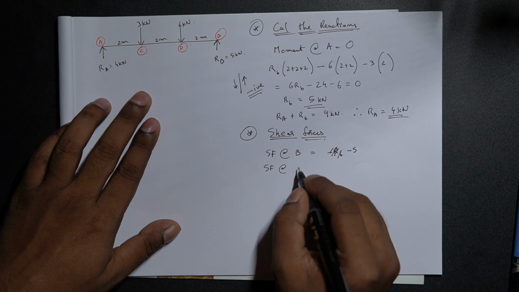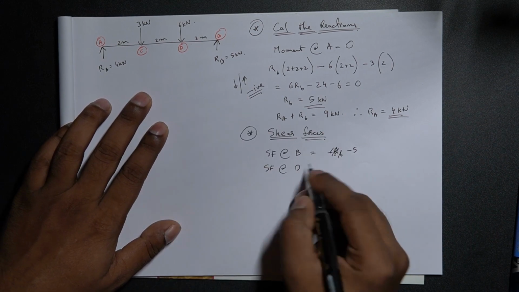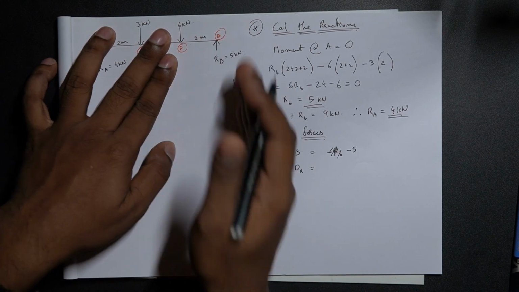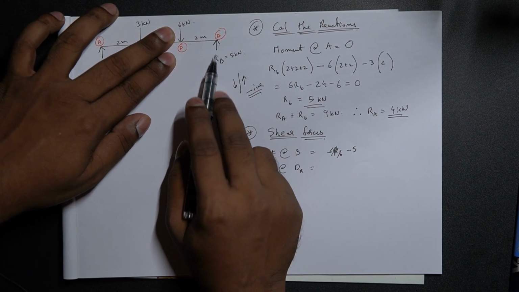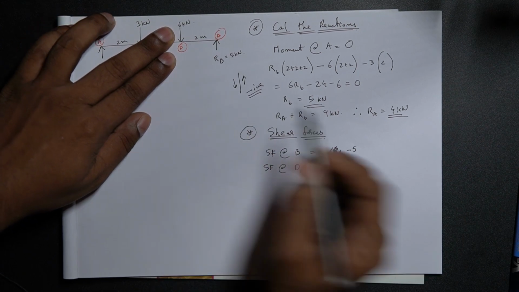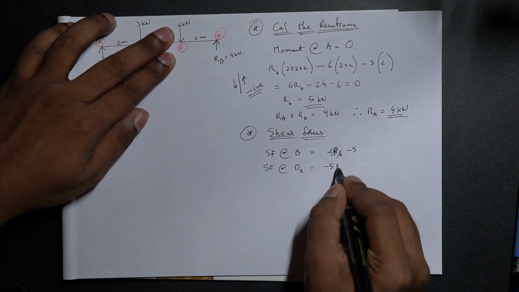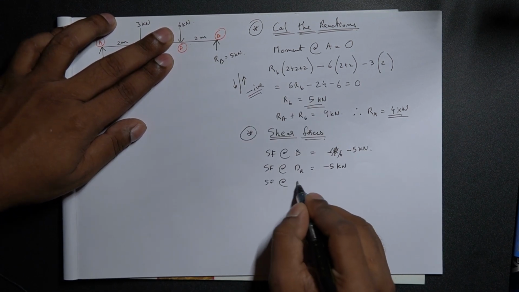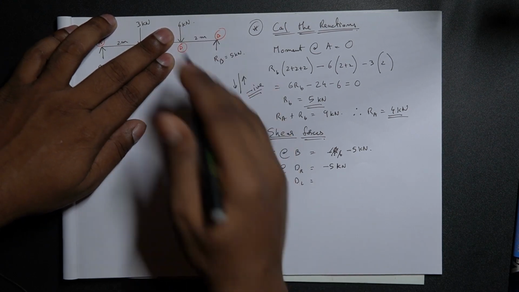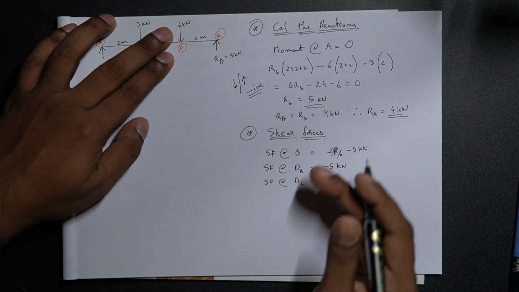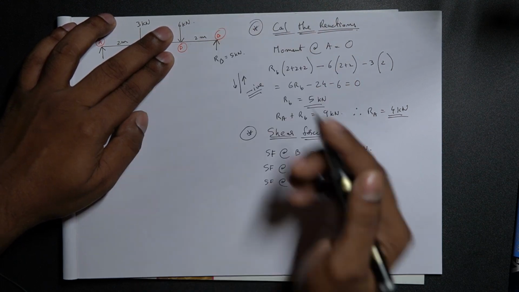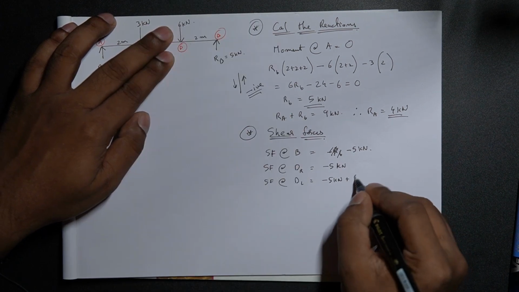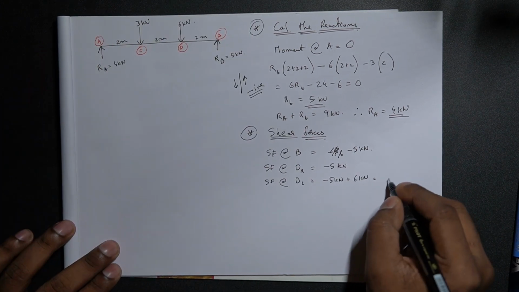Shear force at point D, towards the right of D, just towards the right of D. It is the same force, since for a point load the shear force is constant, so that was minus 5 for point D. Left of D, shear force at D left, we have 6 kilonewtons acting downwards, opposing the force 5 kilonewtons acting upward. So this would be minus 5 kilonewton plus 6 kilonewton acting downward, this would be 1 kilonewton